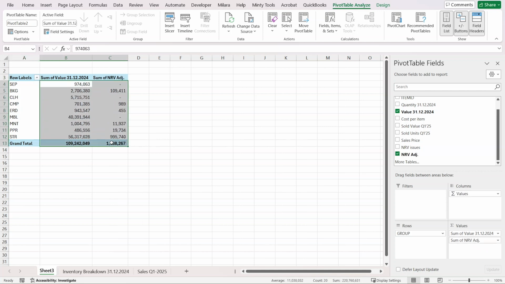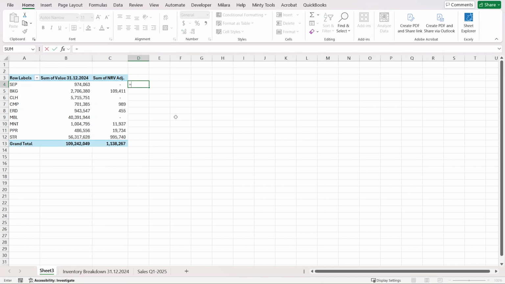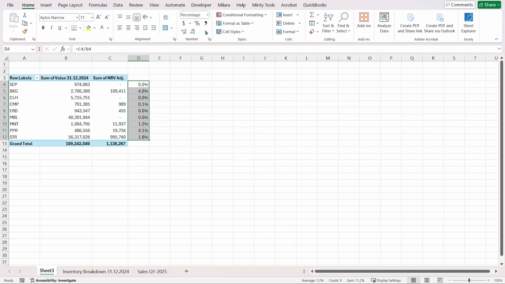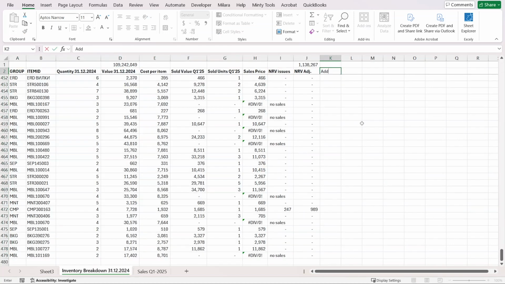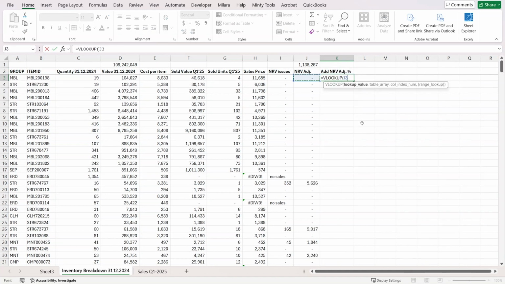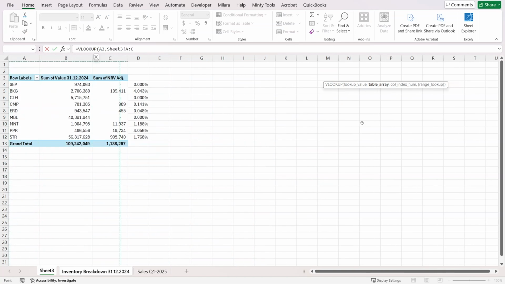Okay, let's make those numbers, and here I'll simply calculate C4 over B4, which is going to be the percentage of my NRV adjustment for each of those groups. Let's show a bit more. So you see, for example, in BKG group, we have about 4% of adjustment. So back here, I'm going to say additional NRV adjustment percentage, and this is going to be VLOOKUP, the group ID, and here I'm going to select the groups to the fourth column,